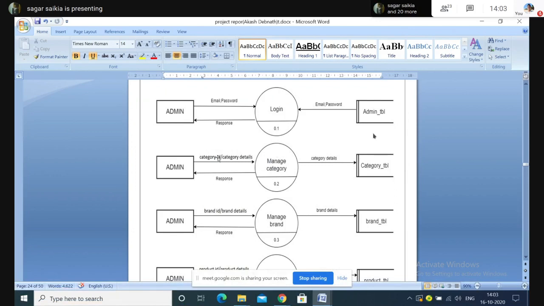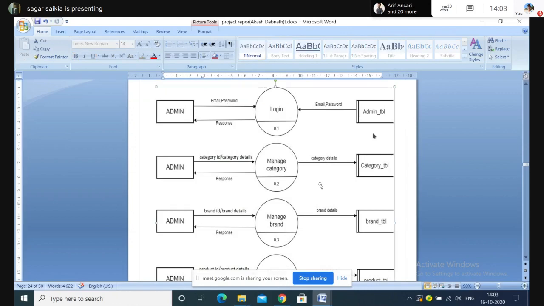That is the reason, if you see, the arrow is flowing here and then from the process it is going here, it is not going inside. Why? Because the records are already present in the table, and that has to be fetched, taken out, and then the process will compare. But in this case, it will not fetch anything. In fact, the information has to be stored here, and accordingly he will get the response.